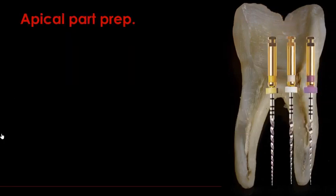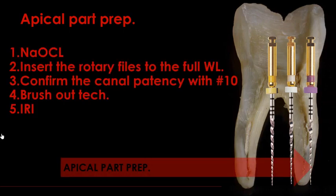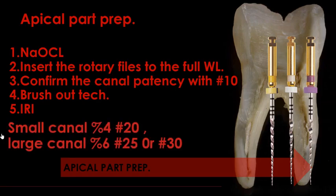So you reach the apical part now. What is required is that, again, sodium hypochlorite, insert the rotary file to the full working length, confirm the canal patency with size 10, brush-out technique again, then irrigate, recapitulate, irrigate, IRI. This is very important. By this, you will have a predictable preparation, and mostly, as I told you, for narrow, small canals, you will have